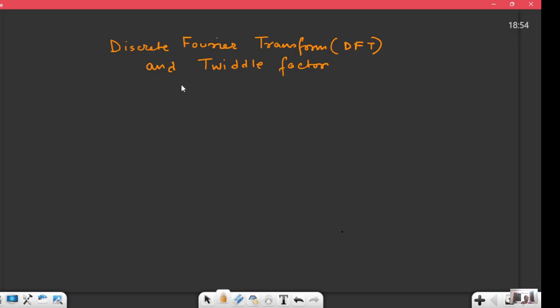Welcome to the session on discrete Fourier transform, DFT, and Twiddle factor. First, let us start with the DFT equation. The DFT equation is given by